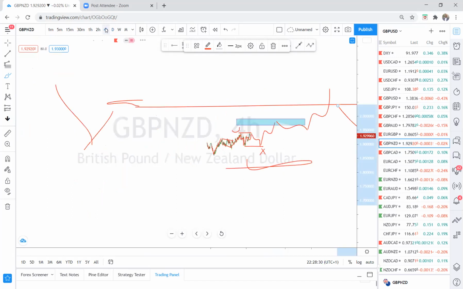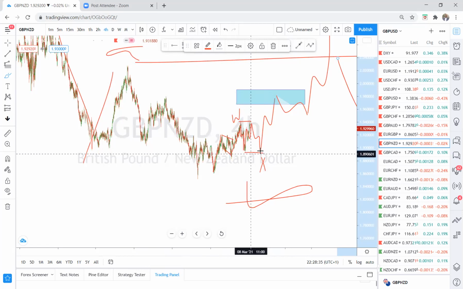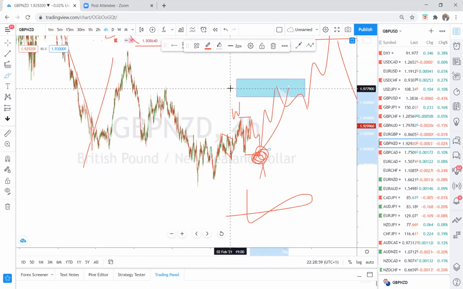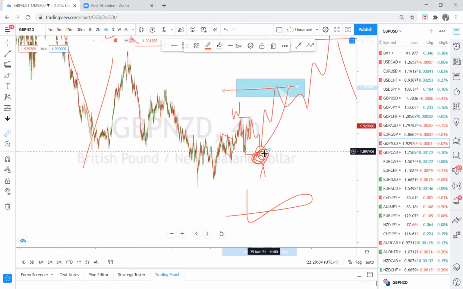That is what I expect. But on 4 hours, this is what we should expect this week. Allow this X to develop. You can even trade this, but I don't like to trade it because to me, even though the dominant trend is downward, I wouldn't want to trade this short move to complete X. I want this three-wave structure to be completed, and then I have a bullish move. If I have a bullish price action at this level, then I'll be looking for buy opportunity to the upside. That is how we approach it, and targeting this level,